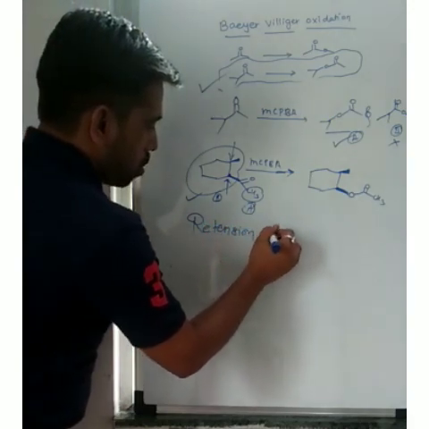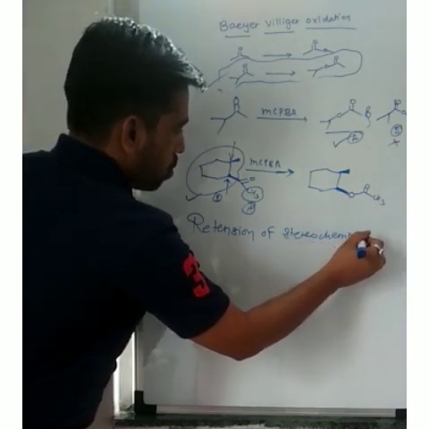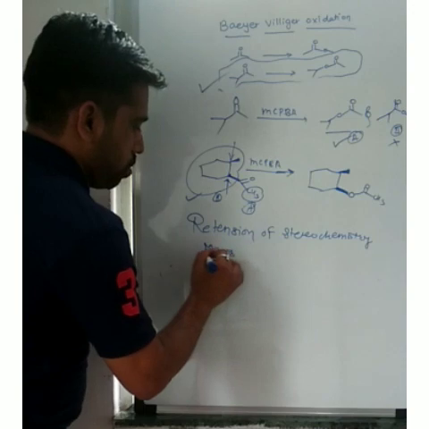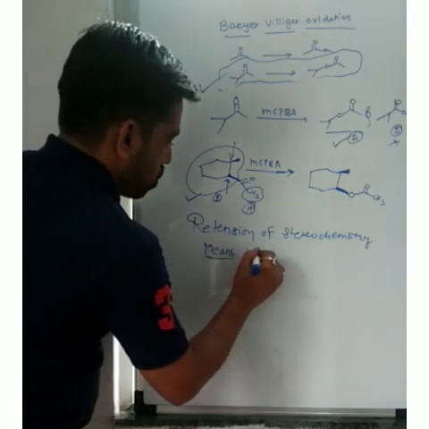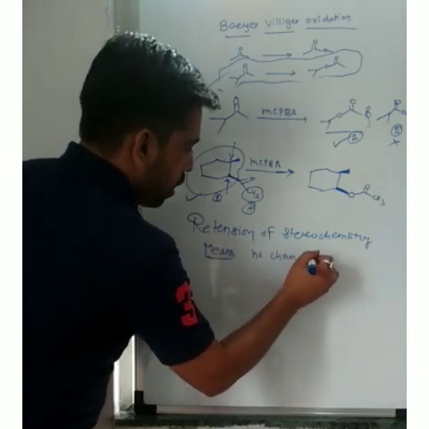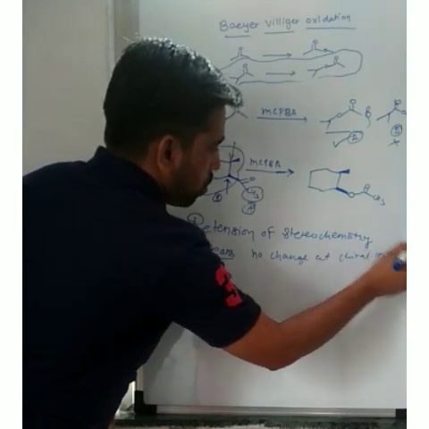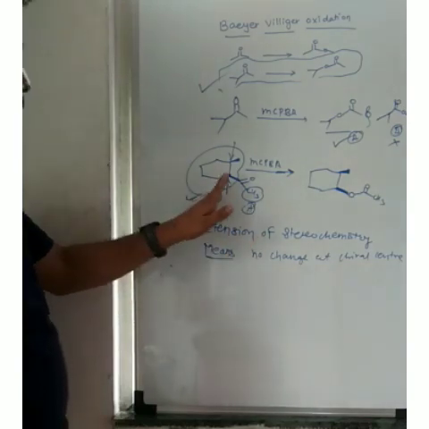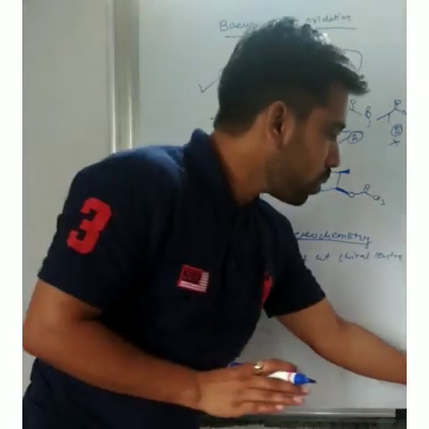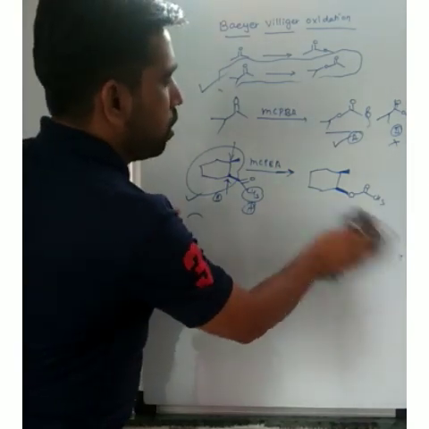Retention of stereochemistry means no change at the chiral center. The stereochemistry of the chiral center remains the same. There is retention of stereochemistry. Understand this point? Now we move towards the next type of example, that is in case of the bridged